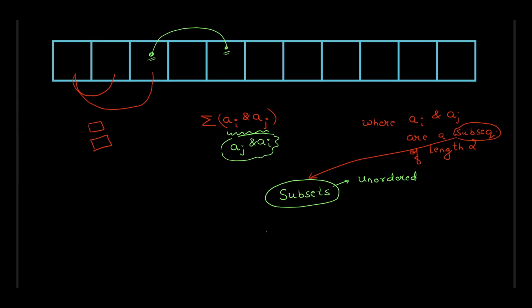So if you can compute the answer for all the subsets of size 2, then you can notice that the answer remains the same. This is one major takeaway that you can have from this video: when the problem asks you to deal with subsequences, but it doesn't really utilize the benefits of the subsequence, that is, if it doesn't rely on the ordering of the elements to compute something, then you are free to alter that subsequence to a subset,